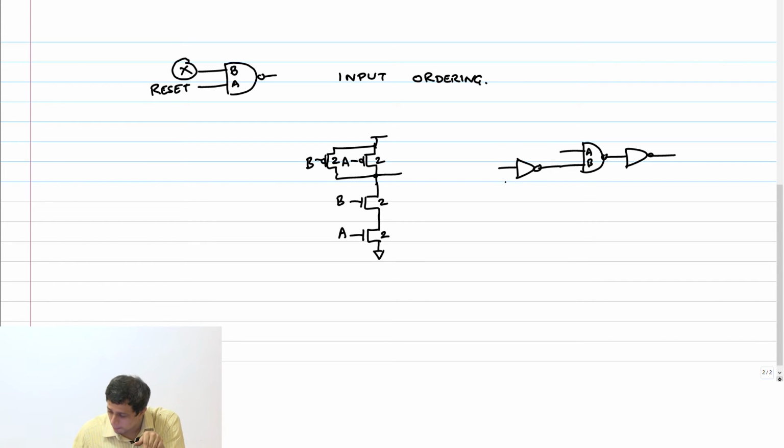Now, if I want the path delay on this path to be minimum, what should I do to the logical effort on this input B? Should it reduce or should it increase? It should decrease, right? Now, in order for logical effort to decrease, should the capacitance on that transistor decrease or increase? It should decrease, right?